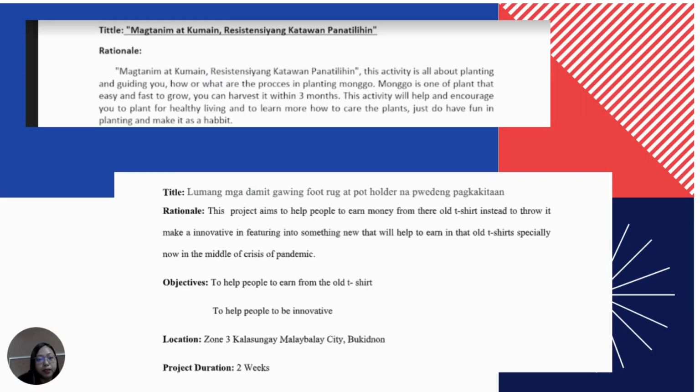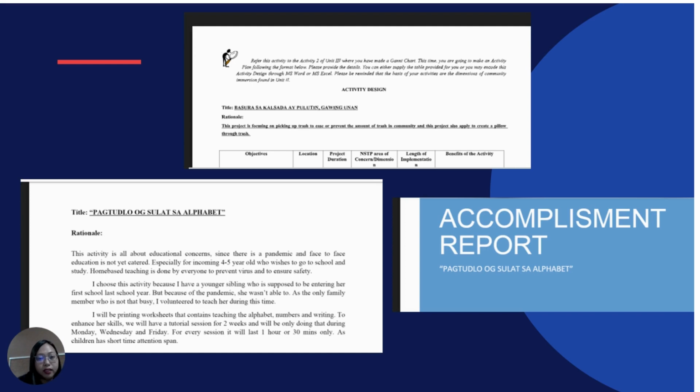Okay, another example. "Magtanim at kumain, resistansyang katawan panatilihin." Next, "Lumang mga damit gawing foot rug at pot holder at pwedeng pagkakitaan." So this is under entrepreneurship. Okay. Another example. Okay, so these are the examples of